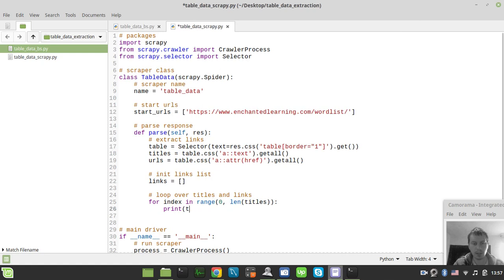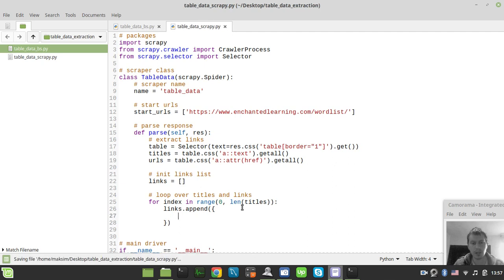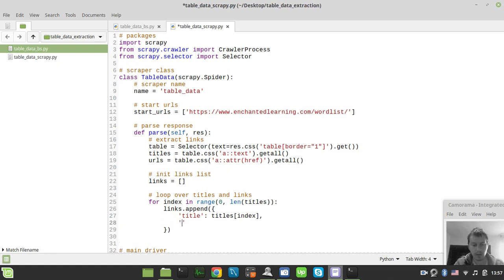and now we can say links.append, and here use the dictionary. Well, it's not exactly the same as we did before, because all the links are not distinguished by the columns, but we were picking up the entire set. Slightly different, but the gist is literally the same. So we have the title equal to titles indexed by the index, and URL would be URLs indexed by the index,